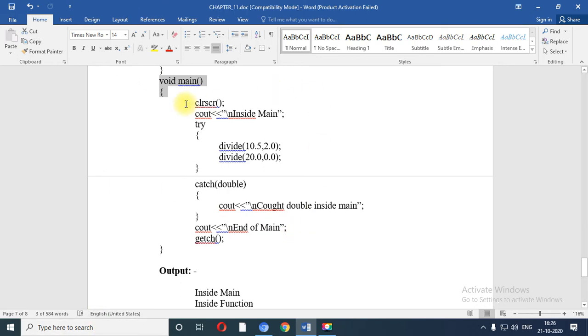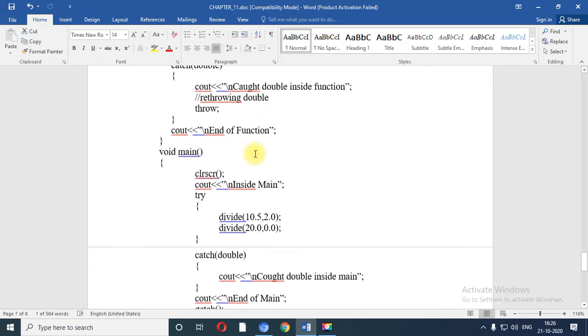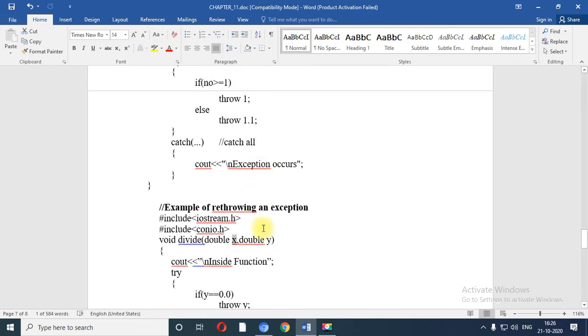Now what we are trying to do: first of all, clear screen, then it will print inside main. So this line is printed. Now we are going to try to execute the code. We have called the divide function with 10.5 and 2.0, so it will go over here. The value of x is 10.5 and the value of y is 2.0.